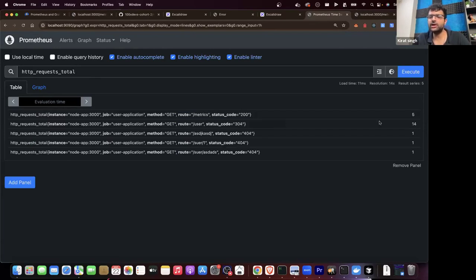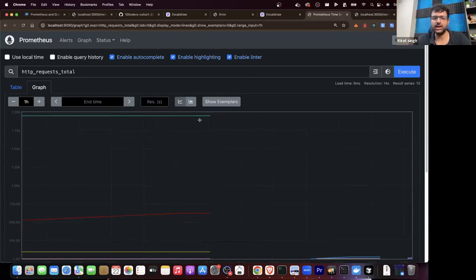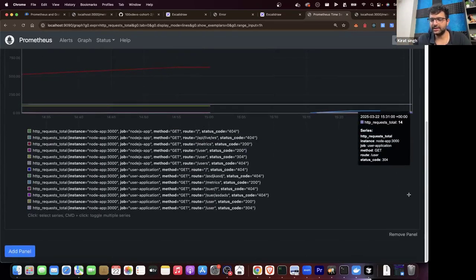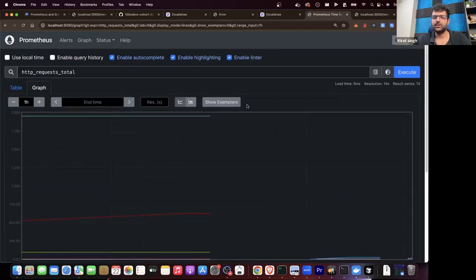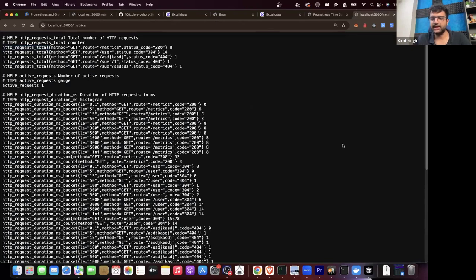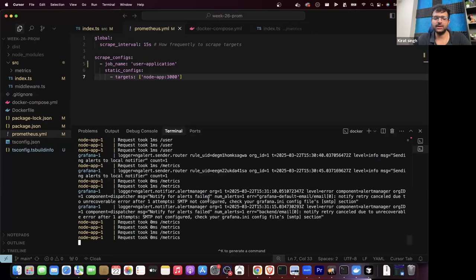In this table view, it is showing you so far 5 requests have gone here, 14 requests have gone here, 1 request has gone here. If you open the graph view, then you can see it in a more graphical fashion. You'll see it go up over time, and so on. Ignore the data. This is the actual new data over here. Let me press the times, but you get the idea. It's hard to see this because earlier the number was very high and now it has become very low. So let me actually